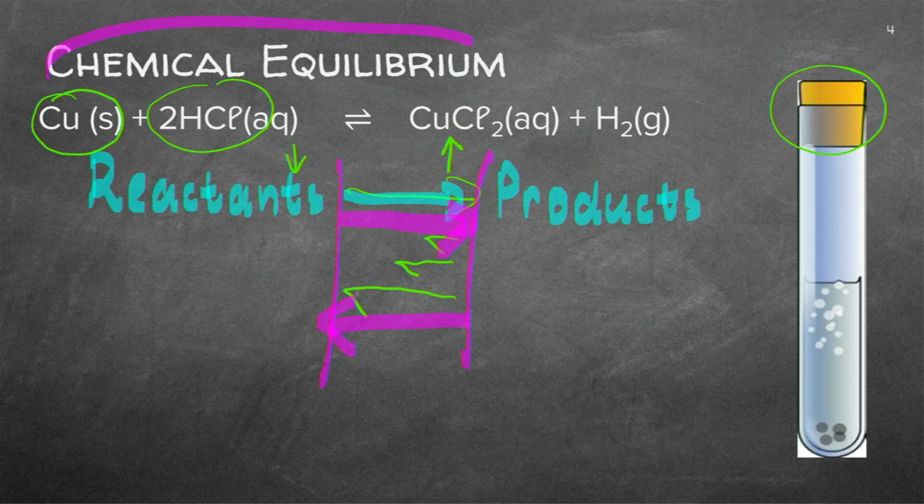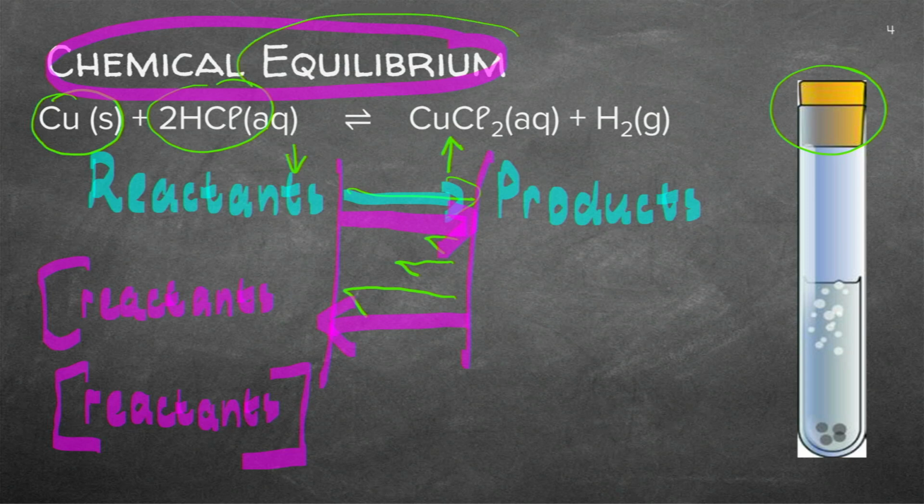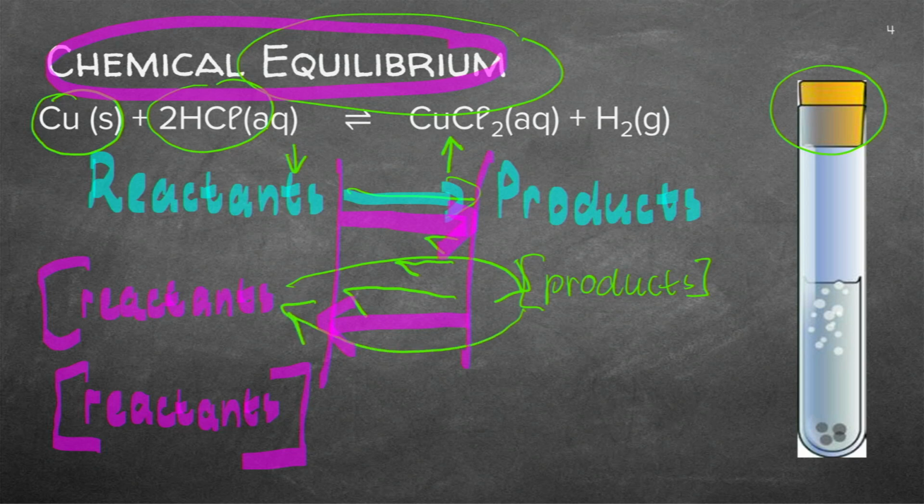So when we've got chemical equilibrium, the concentration, and remember those are the brackets that we use to say this is concentration, of the reactants will remain the same for 1, 2, 3 minutes, seconds, because it's now in chemical equilibrium. Exactly the same will happen with the products. As soon as we reach chemical equilibrium, the concentration of products will remain the same. Although reactants are becoming products, products are also becoming reactants again, so the products will remain the same.